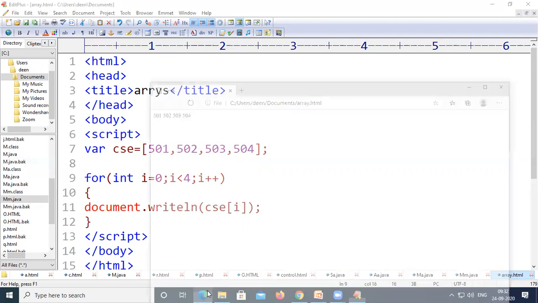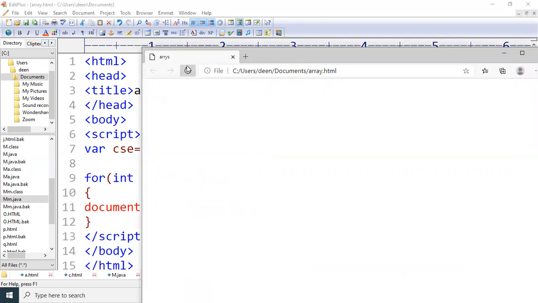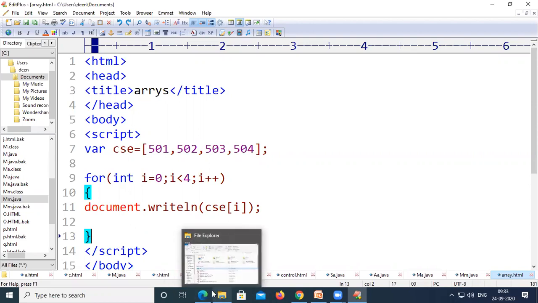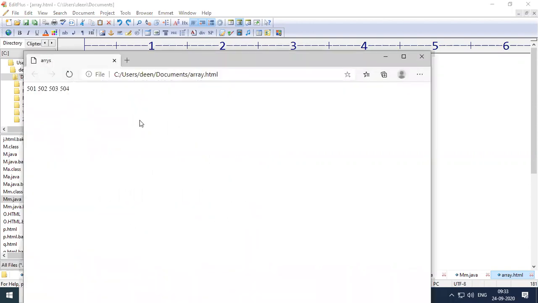I am saving this code and refreshing here. Now let us execute. There is no problem here. Let us refresh. If you observe, it has printed the values from index number 0 to index number 3.